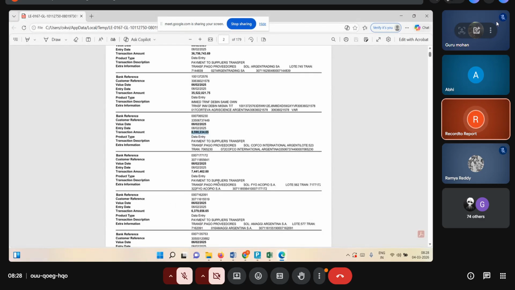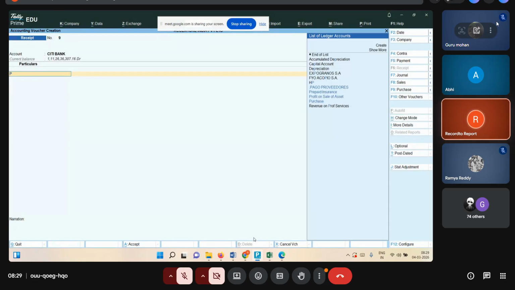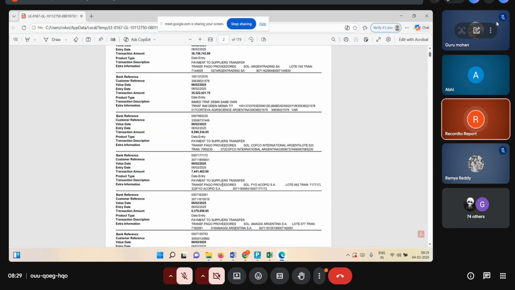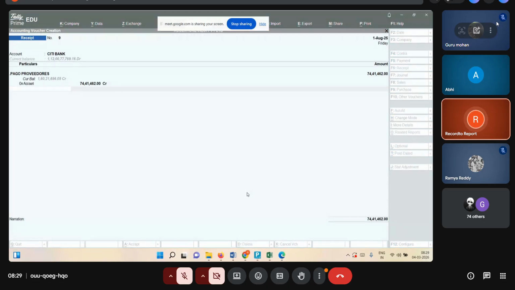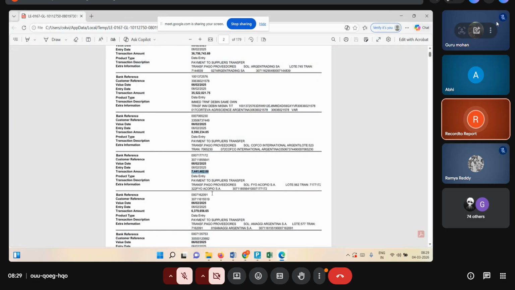So is it a receipt or payment, guys? Payment. Sorry, payment receipt. From the same customer? Is it received? Create the same customer ID again. Do we need to create it again, guys? Not required. No. So from the same customer we receive the money. So we can take it as this. Okay. And save it. Okay. And the next transaction is